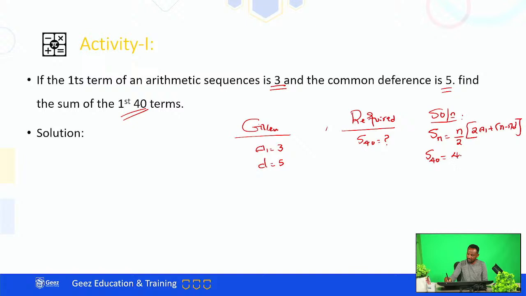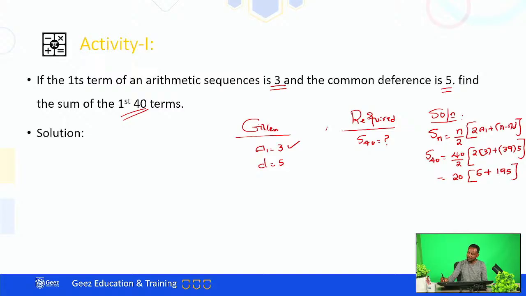So n is 40, which is given: 40 over 2 into twice of A1. A1 is given here, which is 3, so you put 3, plus n, given as 40, 40 minus 1 is how much? 39, multiplied by the common difference, which is 5. You finish your business inside and then multiply it by 20. So 40 over 2 is 20, into 2 multiplied by 3 is 6, plus 39 multiplied by 5. If you multiply this one, you'll get